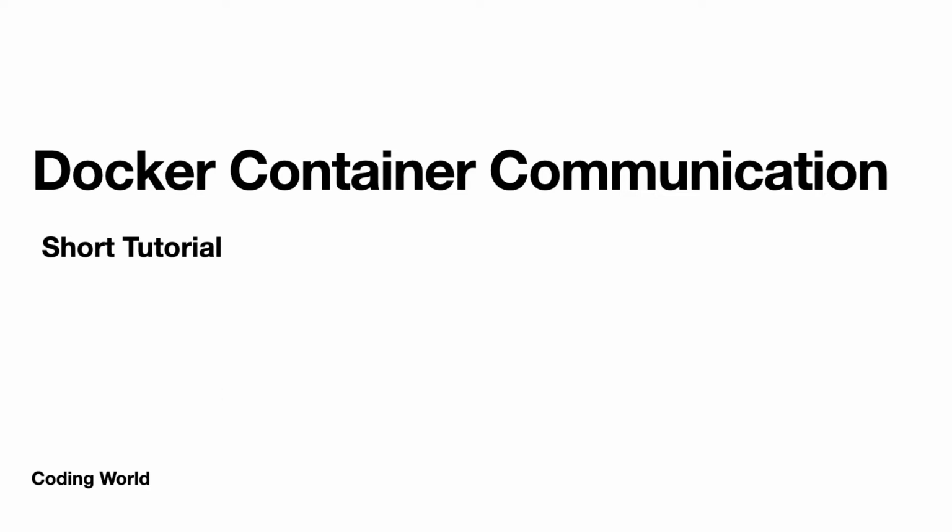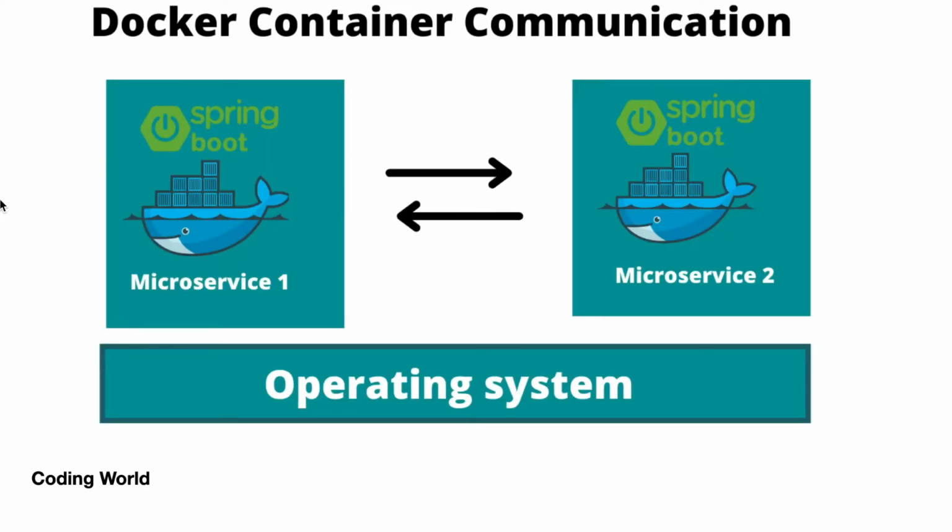So our tutorial will be like this. I have a Spring Boot microservice where I am exposing an API for get student, and there will be a second microservice which will be consuming that exposed get student API. So these are the two Docker containers which have their own environment and they are trying to communicate between each